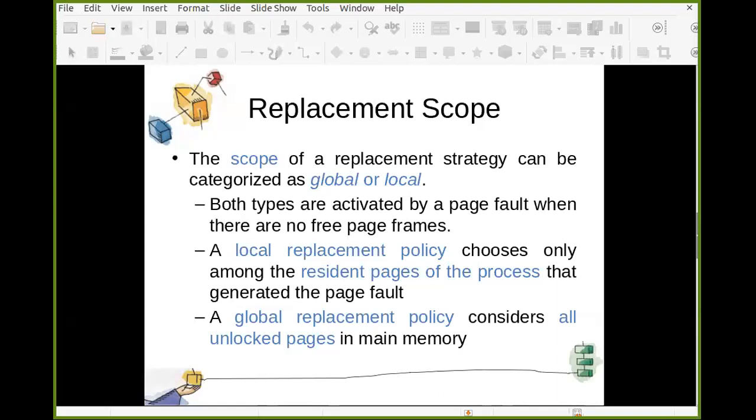Local means a local replacement policy chooses only among the resident pages of the process that generated the page fault. If P1 has generated a page fault and you need to bring a new page for P1, then you can replace any page of P1 only. You cannot replace a page of any other process. That is local scope. And global is different. When you need to bring in a new page for some process, you can replace a page of any other process also. That is global scope.